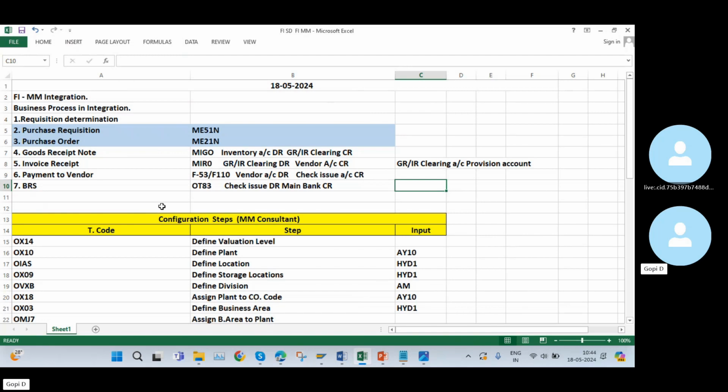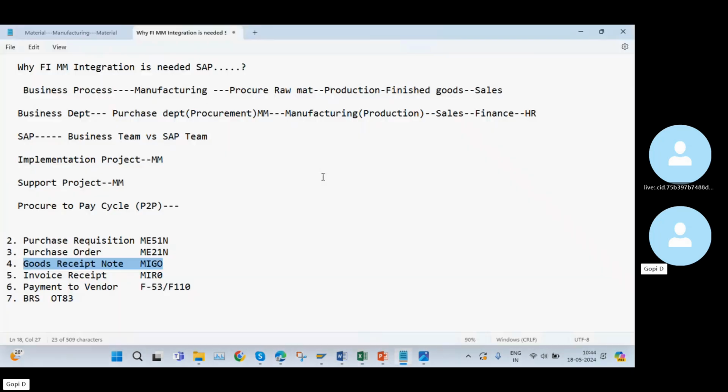Okay, so this video is very helpful to prepare for interviews as well as for the real-time working environment. So please try to concentrate on this one. Please try to watch it once, twice, or three times, or whatever it takes, to understand this concept in a very clear-cut manner. I hope you understood up to now why the FIMM integration is needed in SAP